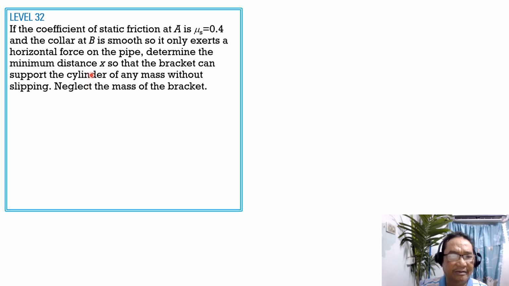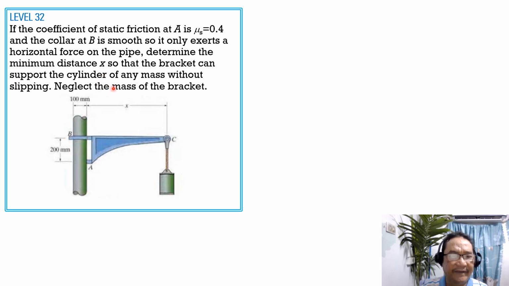So take note that the condition is minimum distance x so that the bracket can support the cylinder of any mass without slipping. So therefore, the maximum frictional resistance, which is equal to mu s times normal, is the available maximum